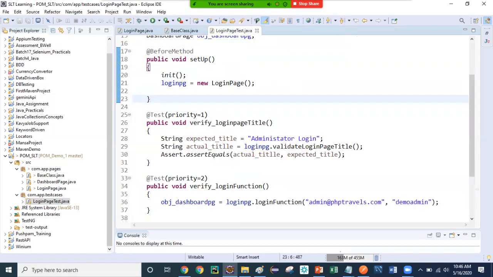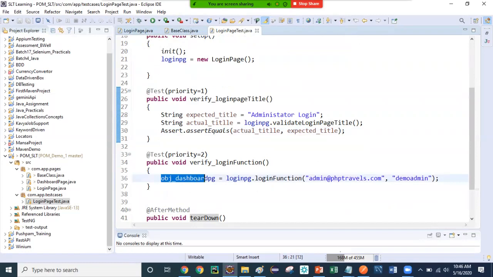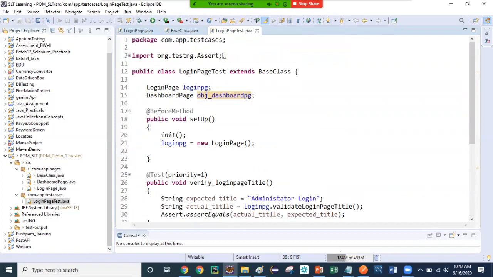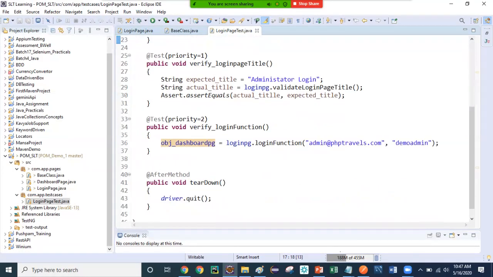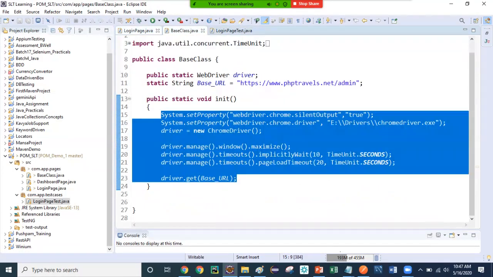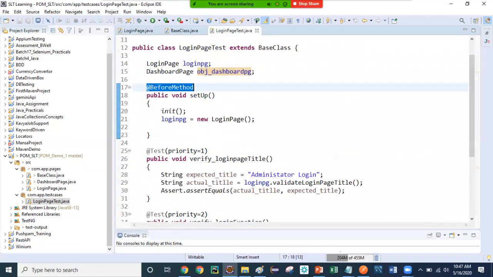You see, we are putting the assert over here and all those things. We are also verifying the object of the dashboard page. Once we make a successful login with the username and password, we need to have the successful object of the dashboard page. Now you see I have used the TestNG annotation over here. If I run this particular class, it will utilize the base class, the login page class, each and every class, and help me complete my test.